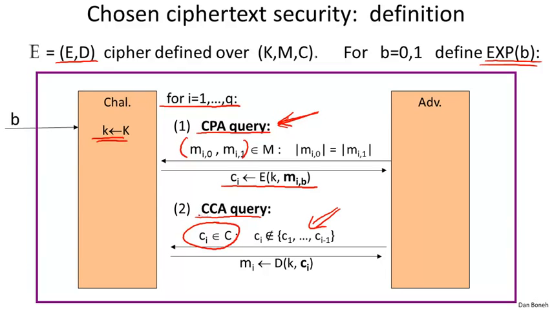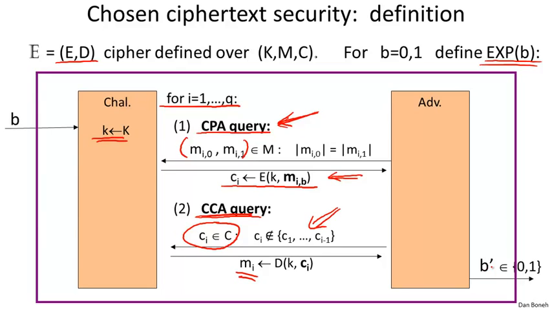If he could submit a CCA query for that particular ciphertext, he will, in response, either obtain M0 or M1, and then he'll know whether he's in experiment 0 or in experiment 1. So this wouldn't be fair, so we say that these CPA ciphertexts that he received are the challenged ciphertexts, and he's allowed to decrypt any ciphertext of his choice other than these challenged ciphertexts. And as usual, his goal is to determine whether he's in experiment 0 or in experiment 1.